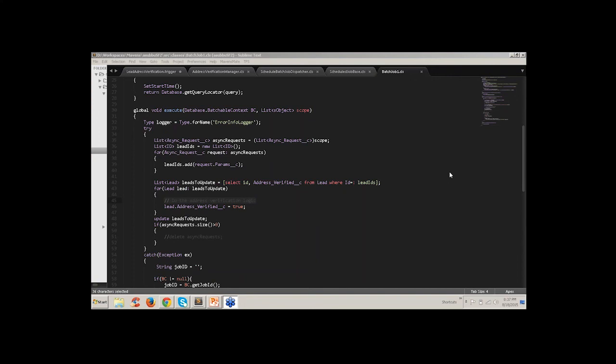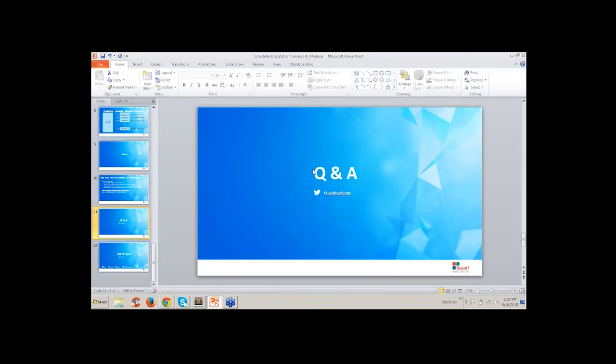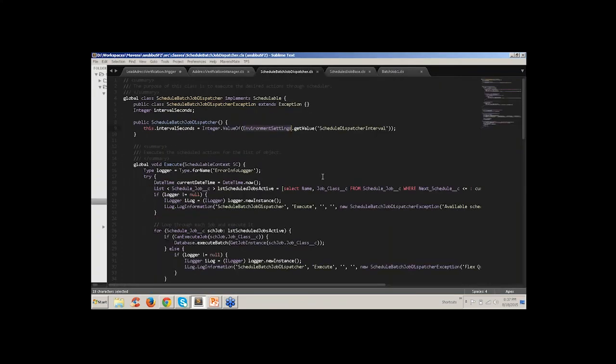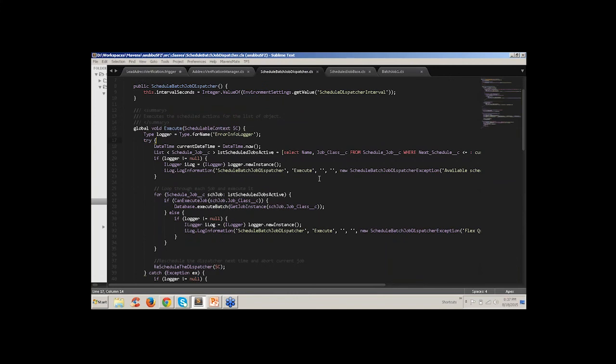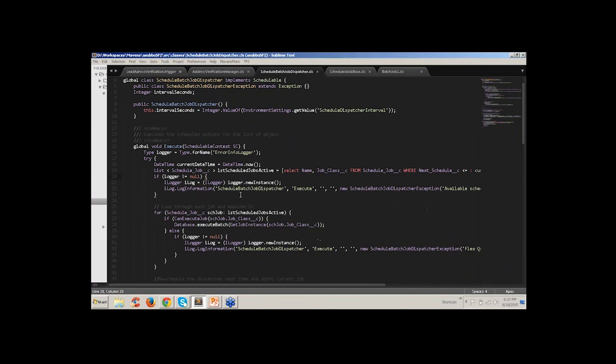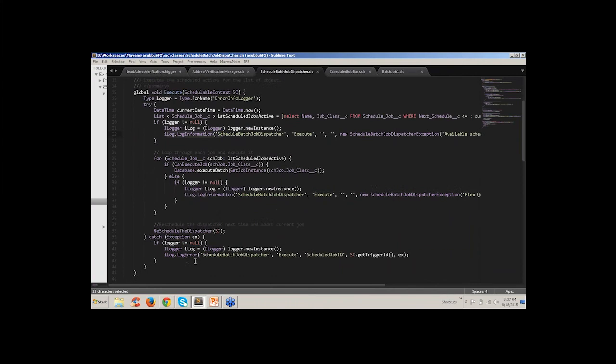Moving on to our next question: what if the main dispatcher stops? That's a very good question. That's going to be a mayhem, actually. This is the main reason why I said that when we design the dispatcher, it has to be exception proof. If we are getting any exceptions in this framework, we should have try catch blocks, we should have information logging, we should have error logging.